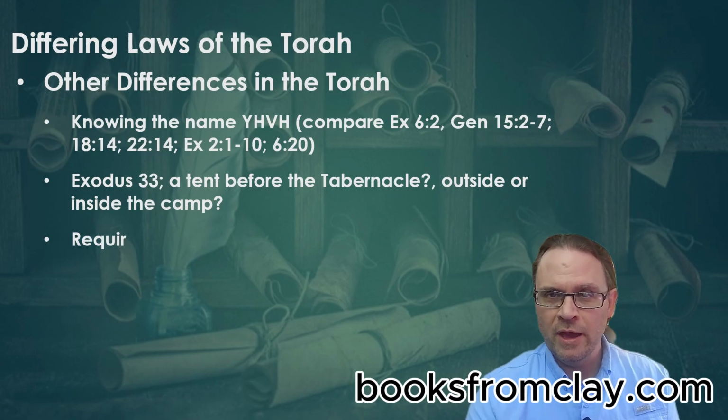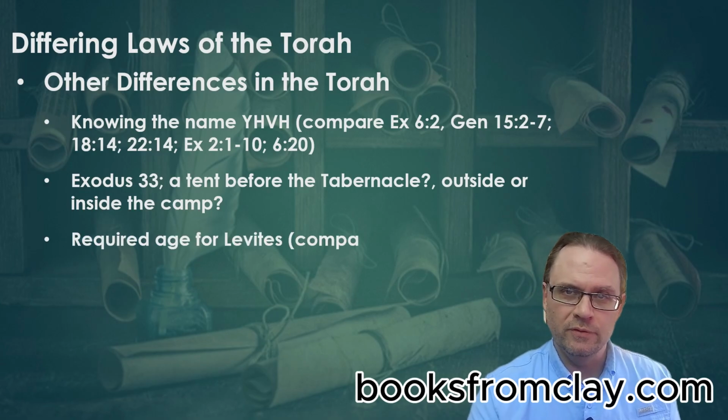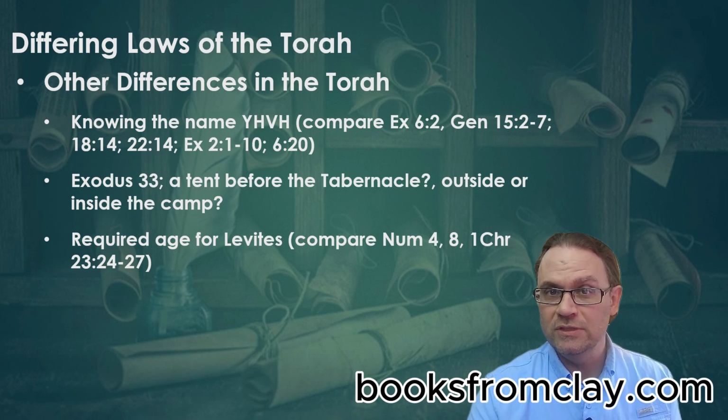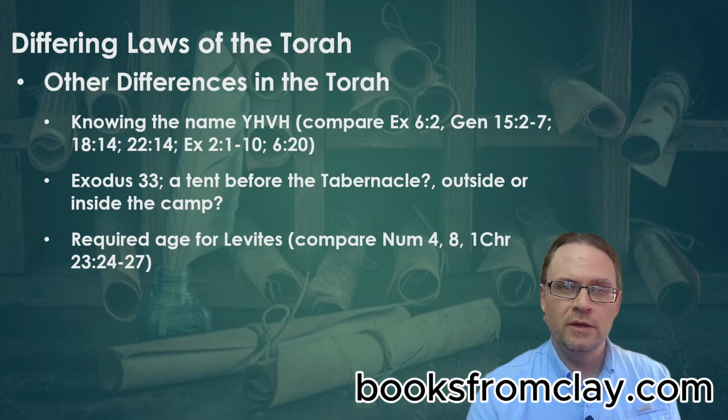And try to nail down the age a Levite had to be in order to serve the tabernacle. Numbers 4 places the minimum at 30 years old and states it a significant 7 times, but chapter 8 says the age is 25. David would later change it to yet another age, 20 years old, but there's no need to keep citing these. We've seen enough differences in the Torah, some of them outright contradictions.